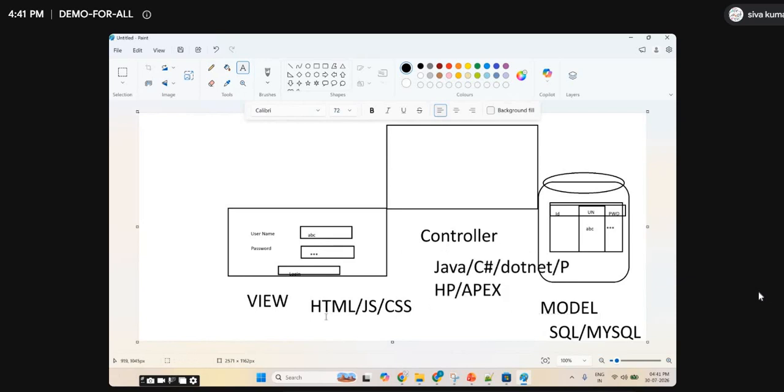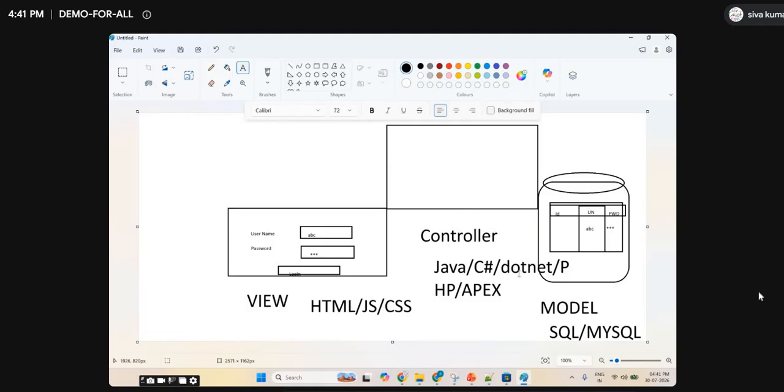So the view is developed in HTML, JavaScript, CSS. The database is developed in the SQL language. And to communicate between these two, there should be a controller. So that controller acts as a base point for any web application, right? View and model will be the same. Same means the view is developed in web technologies, and the model in database technologies.